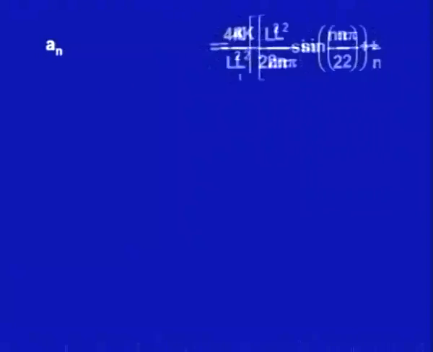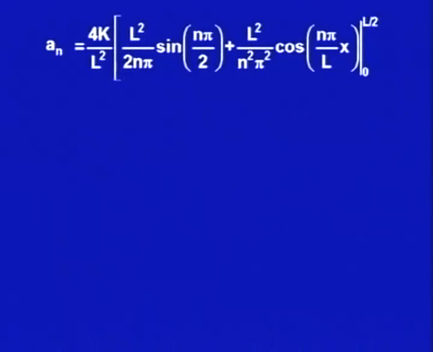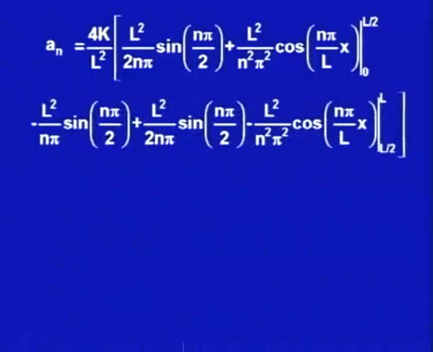So, a n would be 4k upon L square into L square upon 2 n pi sin n pi by 2, plus L square upon n square pi square cos n pi over L x evaluated from 0 to L by 2, minus L square upon n pi sin n pi by 2, plus L square upon 2 n pi sin n pi by 2, minus L square upon n square pi square cos n pi over L x evaluated from L by 2 to L,